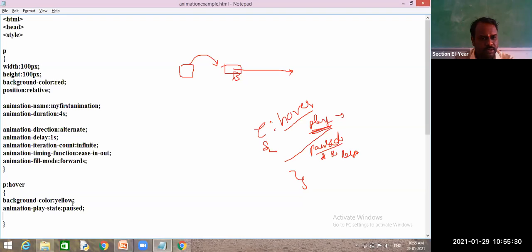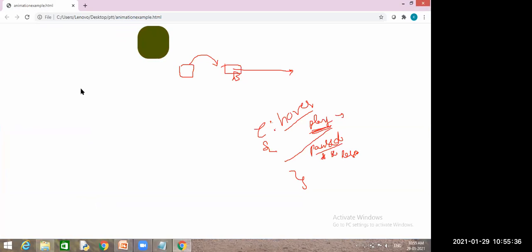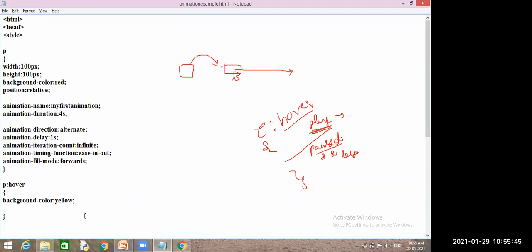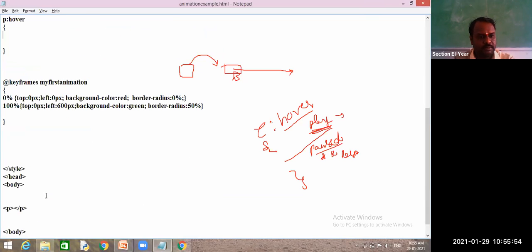Background color. I will make it visible. Background, which is not applying. We will write for another element. Paragraph style.